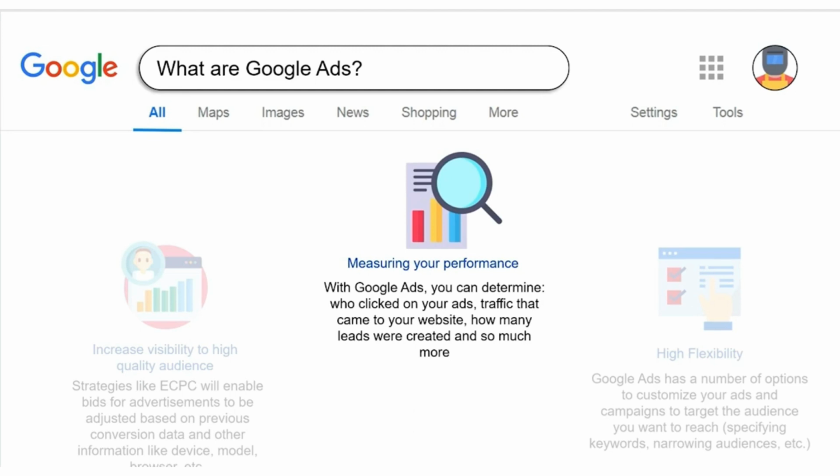And after running the ad also, it is very important to keep measuring the performance and optimizing further, or otherwise taking care in the next campaign. Okay, so I think superficially we have talked about a lot of things in one go. Why not just get into Google Ads now,